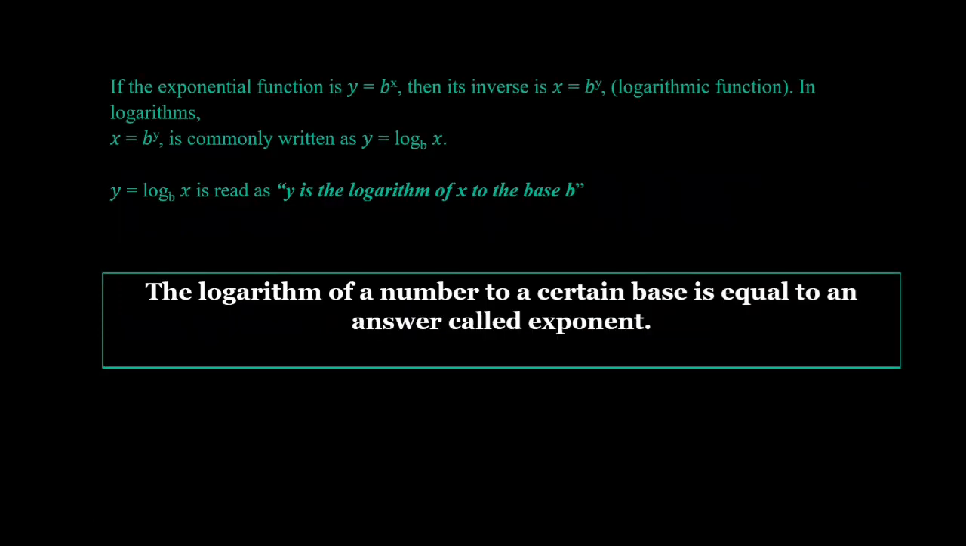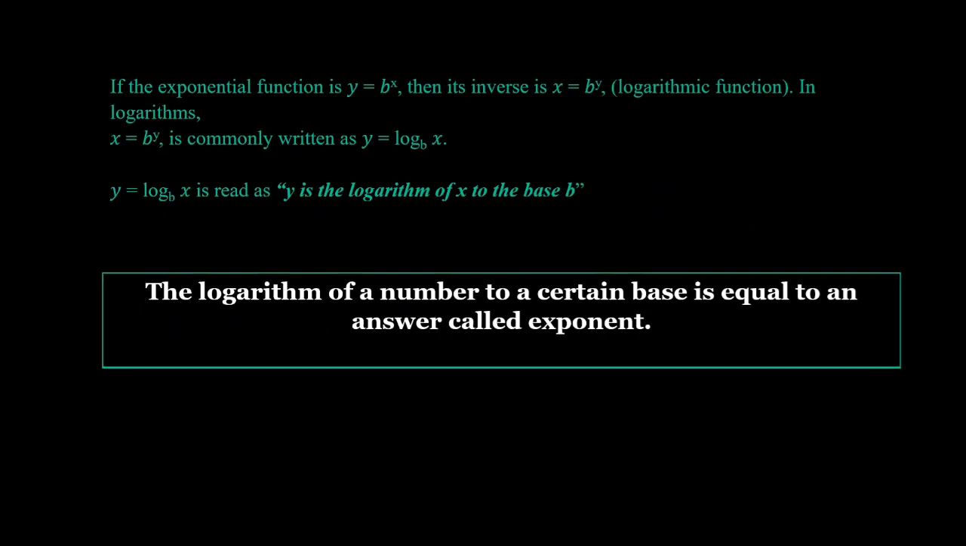If the exponential function is y is equal to b raised to x, then its inverse is x is equal to b raised to y, which is a logarithmic function. So x is equal to b raised to y is commonly written as y is equal to logarithm x base b. This shows us how we are going to transform our logarithm into